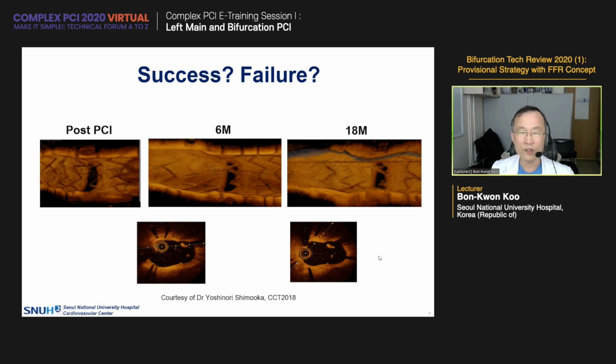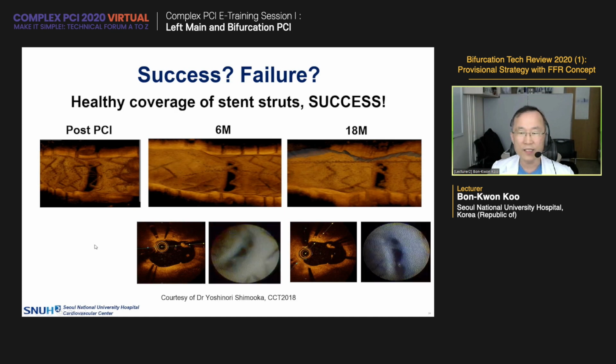Some may argue that this is a bad thing, so I don't like this. I would like to open this strut. But if you see the angioscopic finding, you can find that this is a very nice, healthy neointima that covers the strut, so that this cover does not increase the risk of stent thrombosis, and it may not